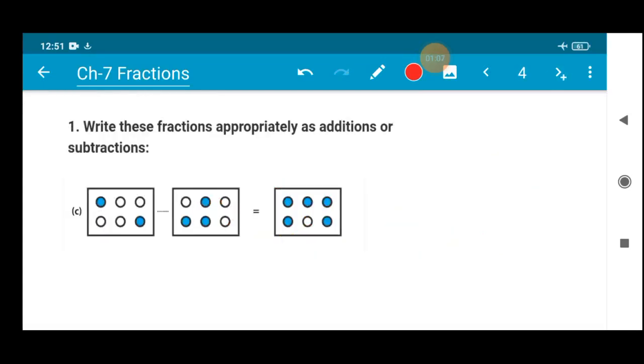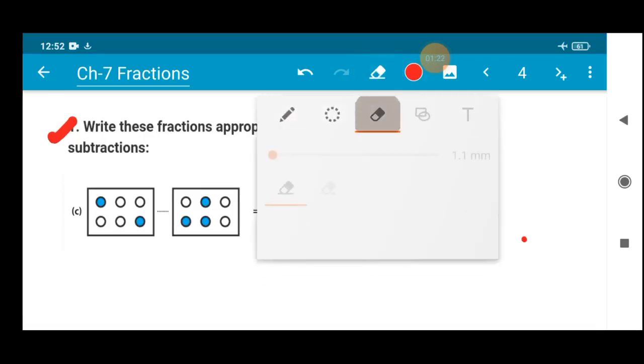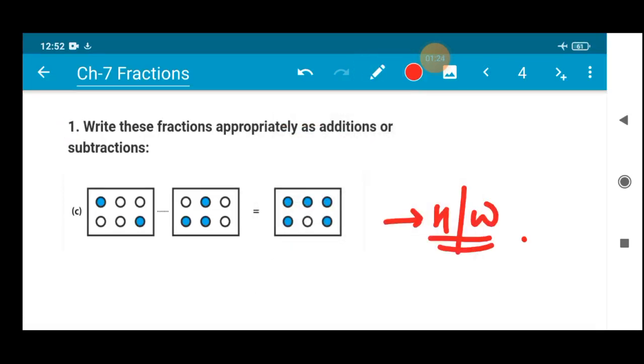Similarly, the last part is left out, that is 1C. Now I request you all to do this too as your home assignment. This is very, very important, very easy one. Follow the steps which I have asked you to do in question number 1A and B, and do this sum. Okay, so I hope there is no doubt. If you have any doubt, please feel free to share with me.